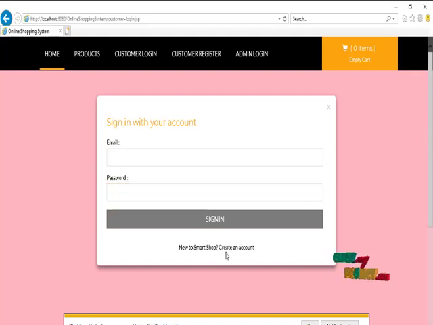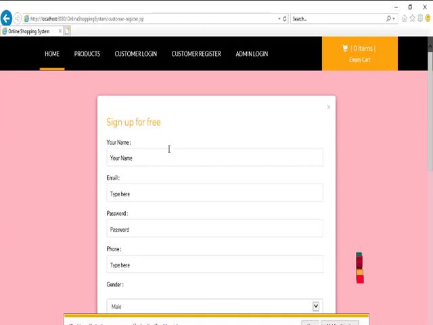For a new user, click create an account. Create your user information: enter your name, your username and email ID,